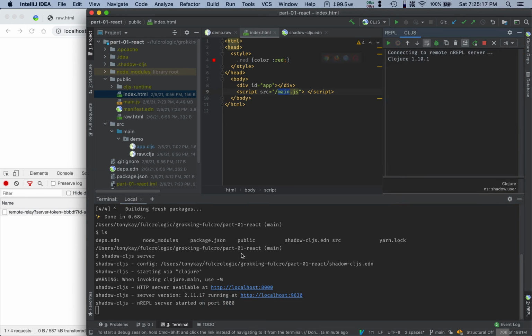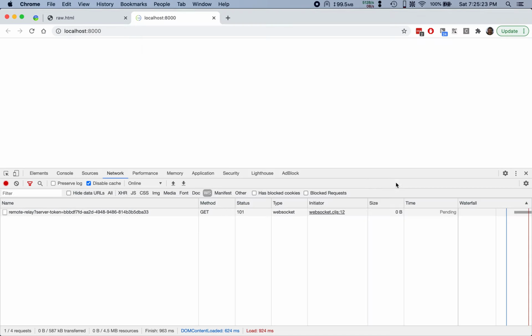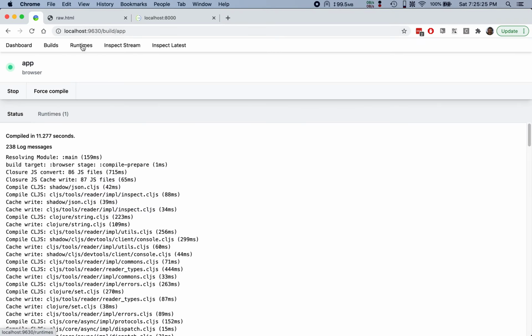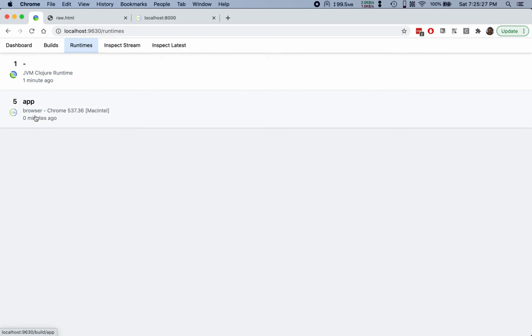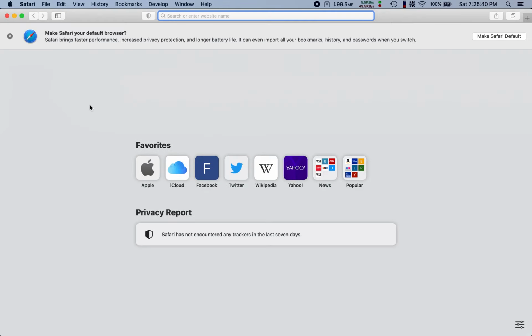Now this connects me to this running Java process, right? That's the one with the network port. So I have to tell this Java process, which has a number of runtimes, right? I could be running five different compiles and five different applications and five different tabs. So it's got the idea of, okay, I've got an app running on a browser that's Chrome, and I could open up Safari, and I could say